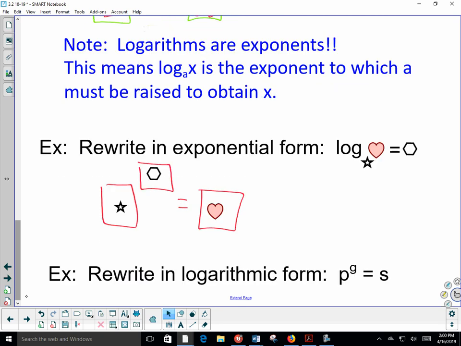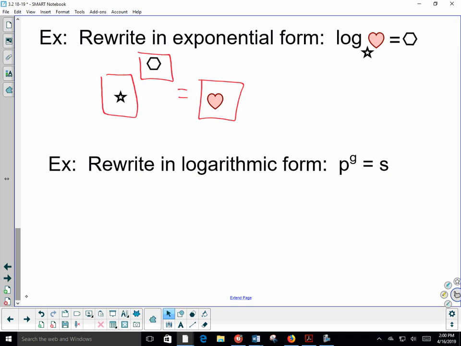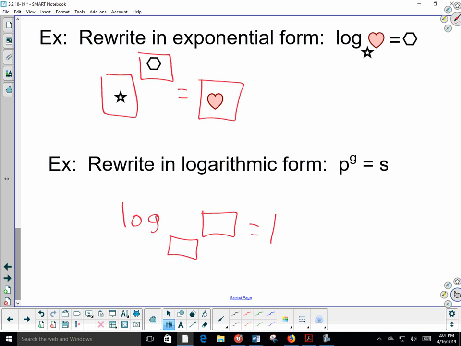All right, let's go the other direction. In this case, I've got p raised to the g equals s, and I'm asking you to rewrite this one in log form. Can you help me out with that, Michael? Log to the base p of s equals g. Do people agree with that? Yes. Gabby: Is s written almost like an exponent, or is it like a normal